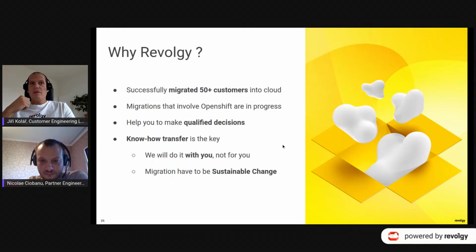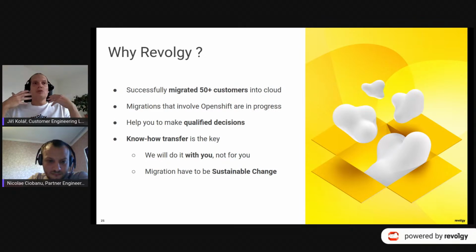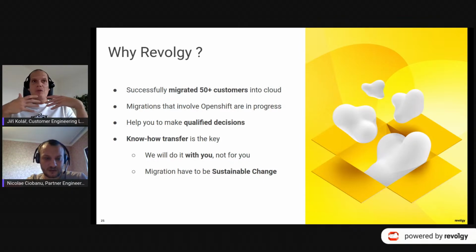Because if you look at the nature of this business in the cloud, when we do the migration with our customers, this is just the beginning, right? It's the start of the journey. And usually we stay with our customers much longer because they very often use our services, use support, or they migrate more workloads, right? So for us, it's very important that the migration is successful, because this is usually the first step into the partnership with our customers, and we work with them much further, right?